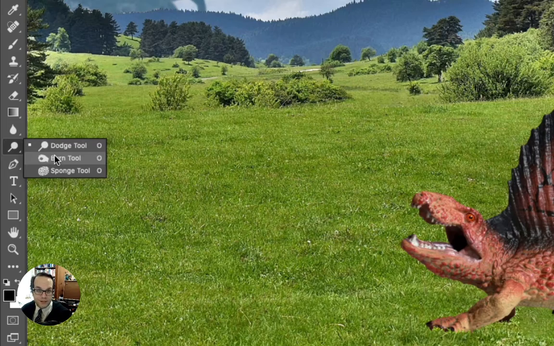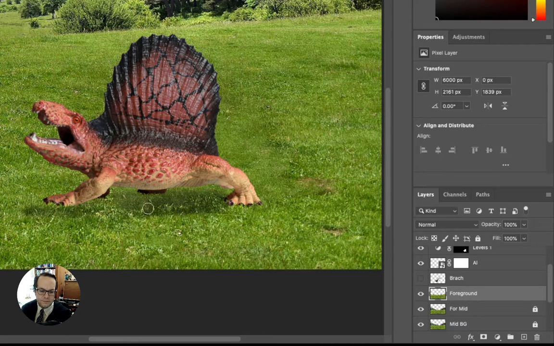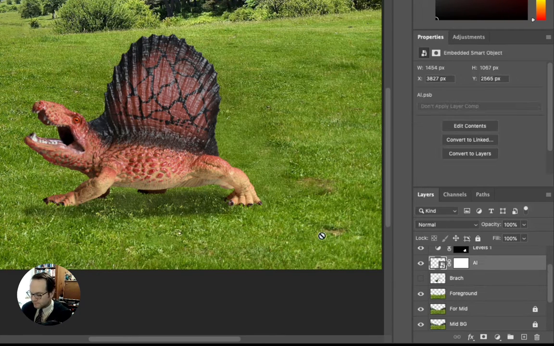So we want to darken, so we're going to use the burn tool. Go here in the foreground. I have to unlock this so I can use this. Now this is destructive. This is the problem. I can go through and this will give me a really nice dark shadow underneath. But the problem is if I suddenly decide that I want to move Al,